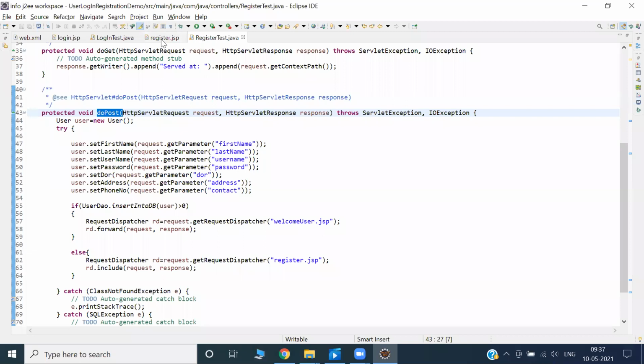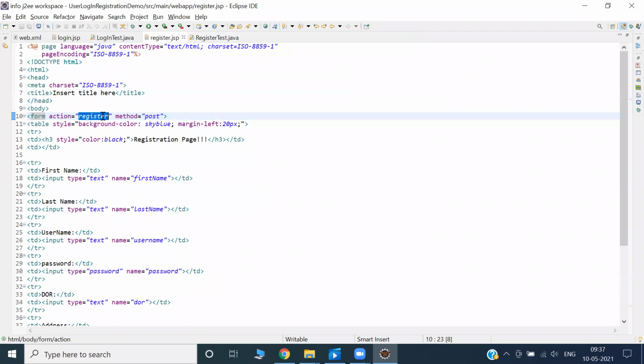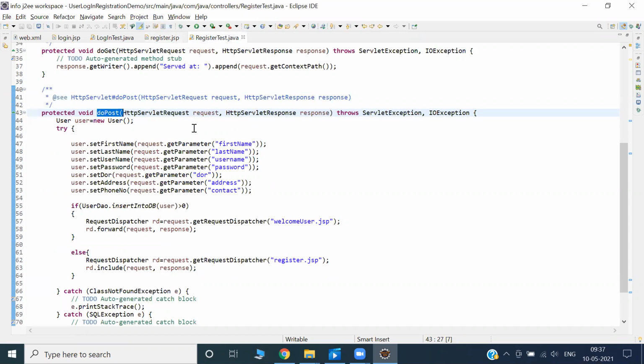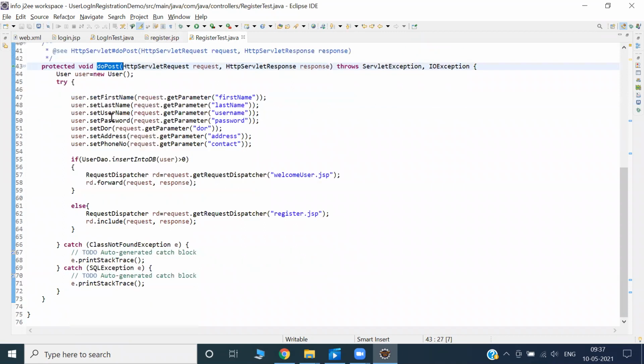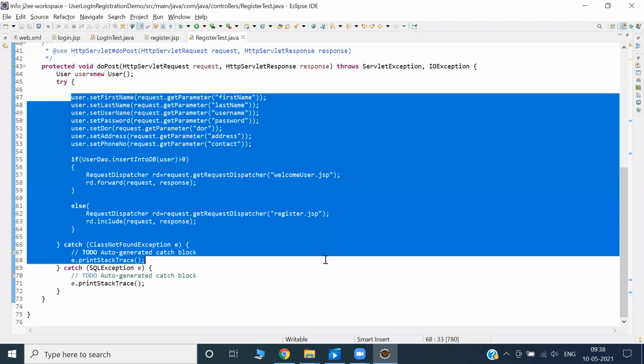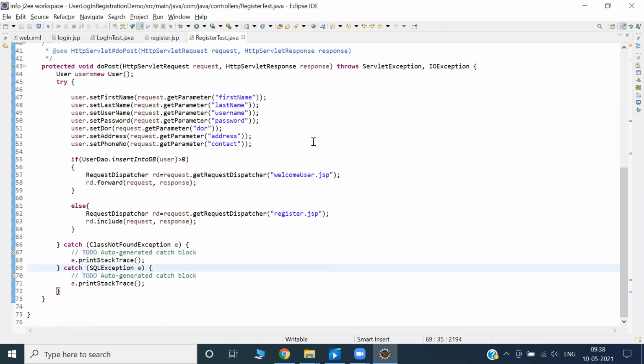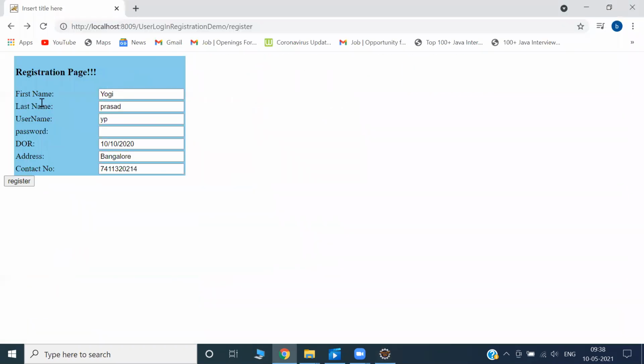So you can come back to your register.jsp. You can find out the name is register. I got it from the web.xml. What is the corresponding servlet name? I found one post method is there, so definitely there should be a doPost method, right? Here it is responsible for doing a lot of things, in this insertion. First you collect this data. Quickly, I cannot spend more time repetitively on the same things.